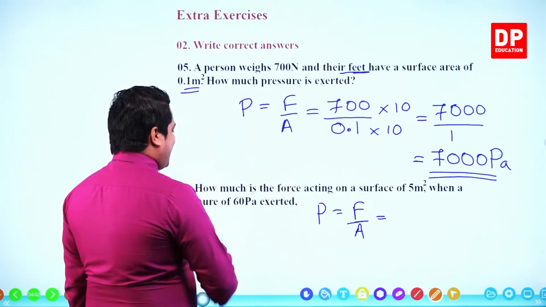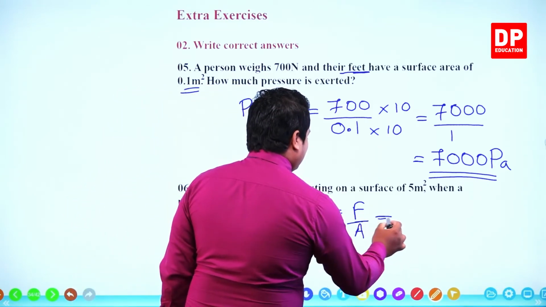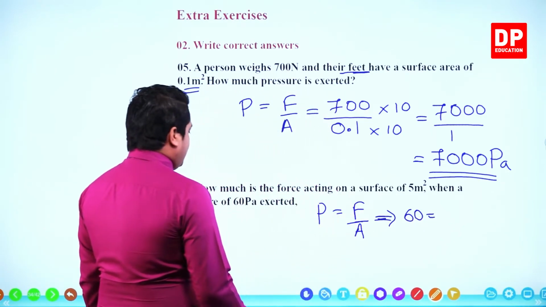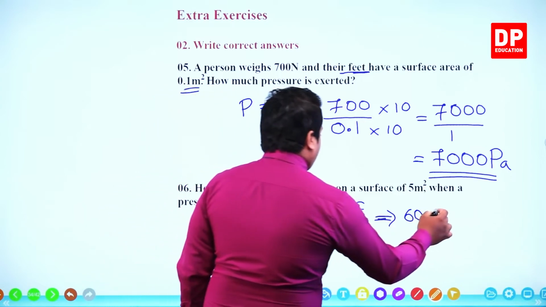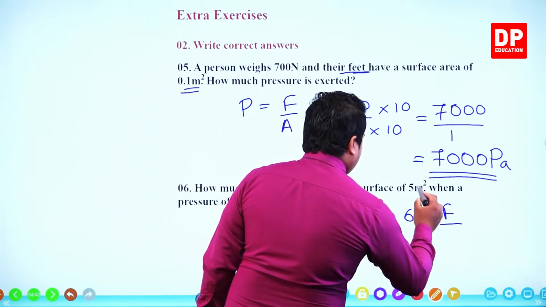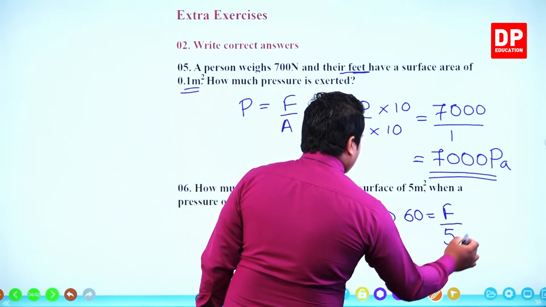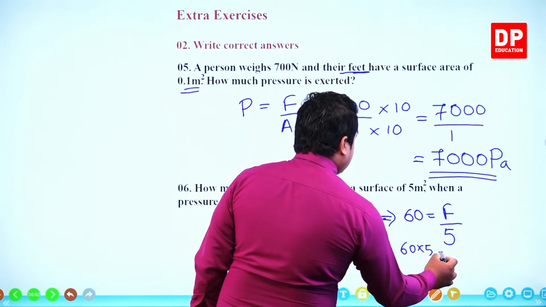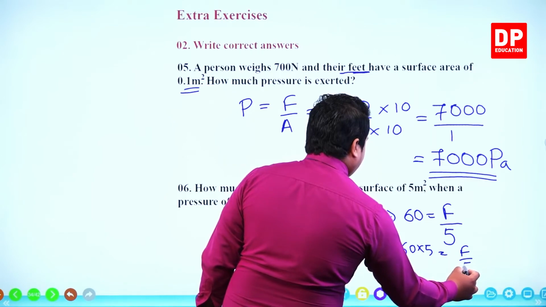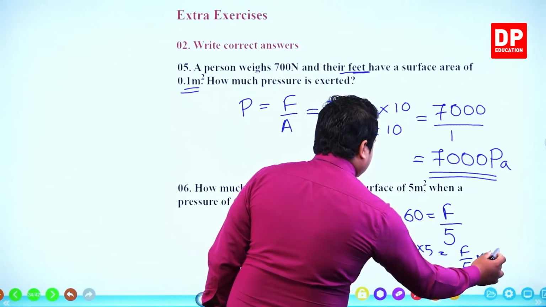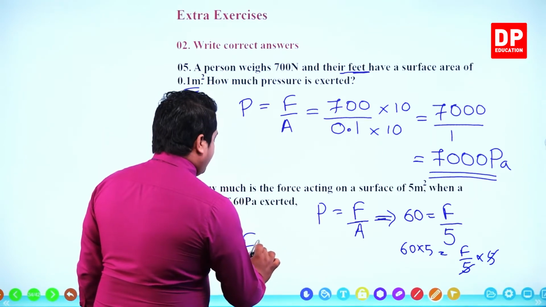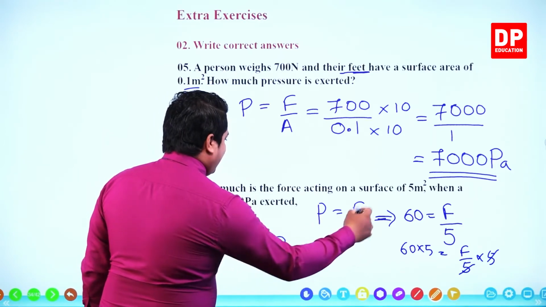So 60 pascal is the pressure, 60. Then force is the one which you need to find. Area is given, 5. So you just need to multiply both the sides by 5, right? It's really simple. Just multiply both the sides by 5 to isolate F. So force is equal to 60 times 5,